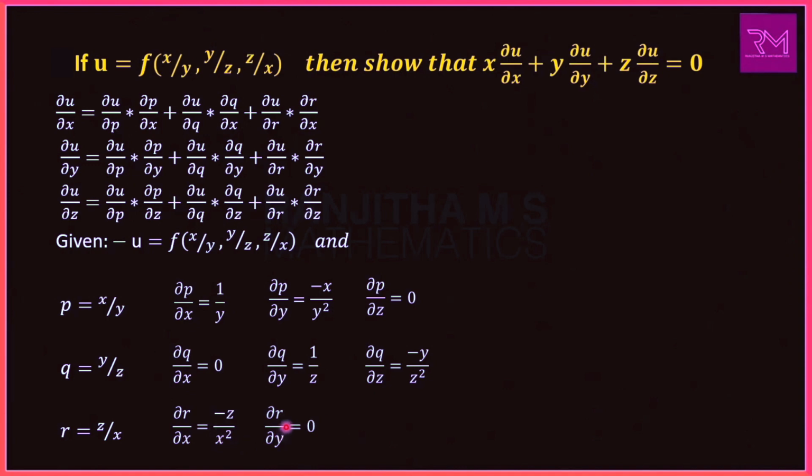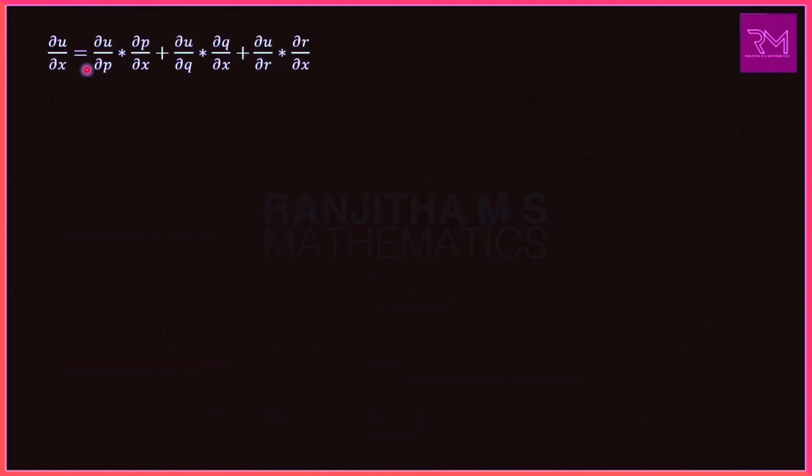Similarly del r by del y is, here no y term, hence we get the value as 0. Similarly del r by del z value is, here 1 by x is constant, take as it is, into differentiation of z with respect to z is 1, hence we get del r by del z value as 1 by x. After obtaining all these values, substitute in the formula and simplify, we get as, here del u by del